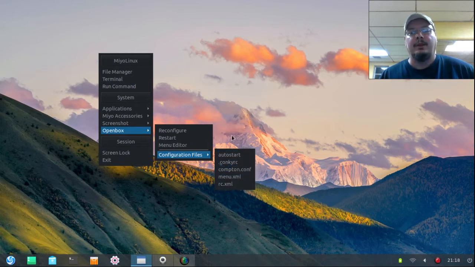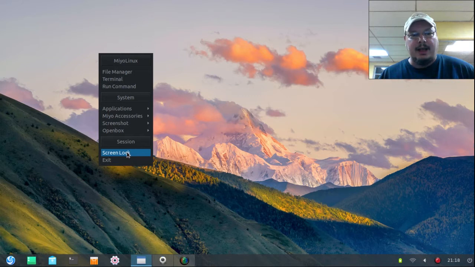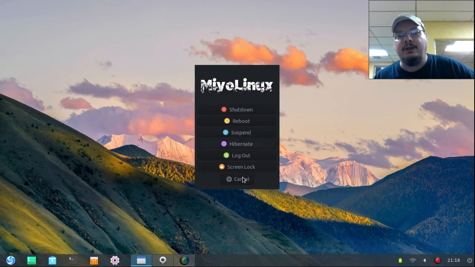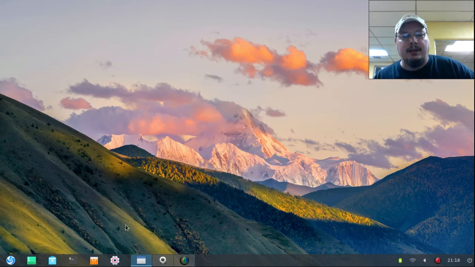Okay? The screen lock is i3lock. I give instructions in the release files for that. And the exit menu is the MiyoLinux exit menu. Okay? So let's go ahead and look at the, well, I'm going to go ahead and show you the panel